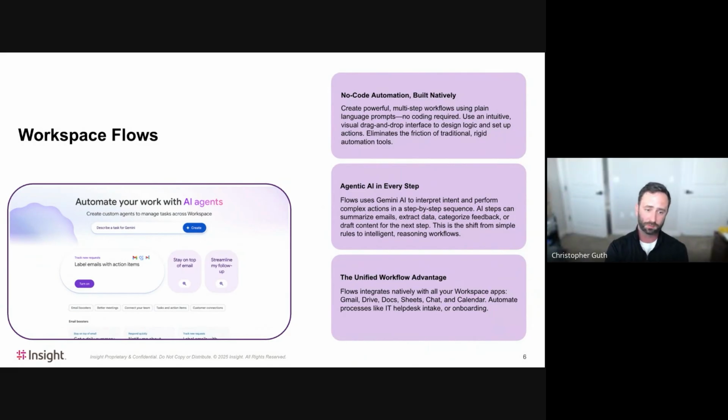And you'll start to see this popping up. You'll start to see a little symbol here and there for Workspace Flows. It is incredible what you can do with this. If you haven't seen this in action, I'm excited for you to see what Michael's able to do with it today. A little bit about what it is. It's a no-code automation tool. Takes inputs and triggers from different things. If you've ever used a tool like if this, then that type of tool,